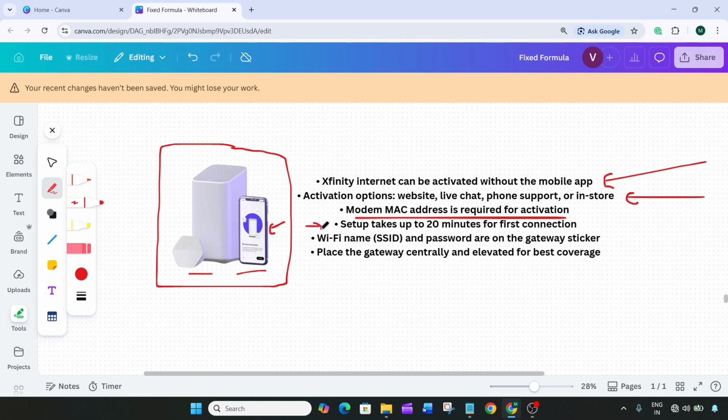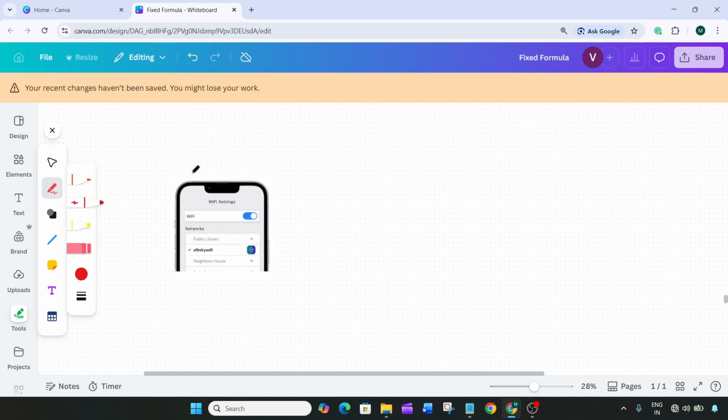You can also activate by phone by calling and just have your account details and modem MAC address ready, which is printed on a label on your modem. As a last option, you can visit a local Xfinity store where staff can activate your modem and troubleshoot issues